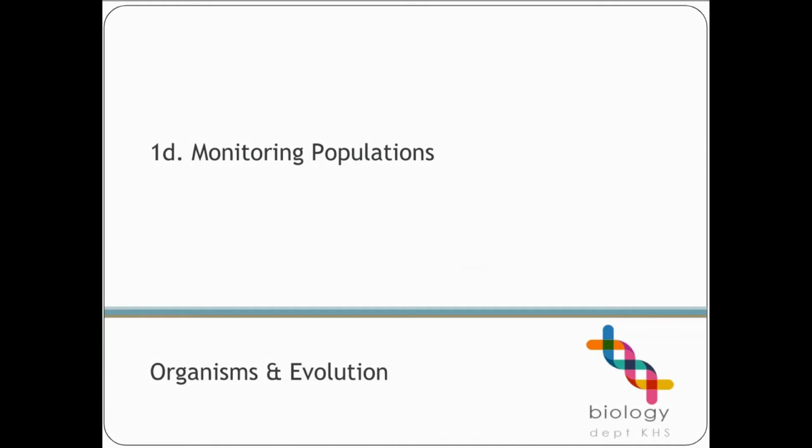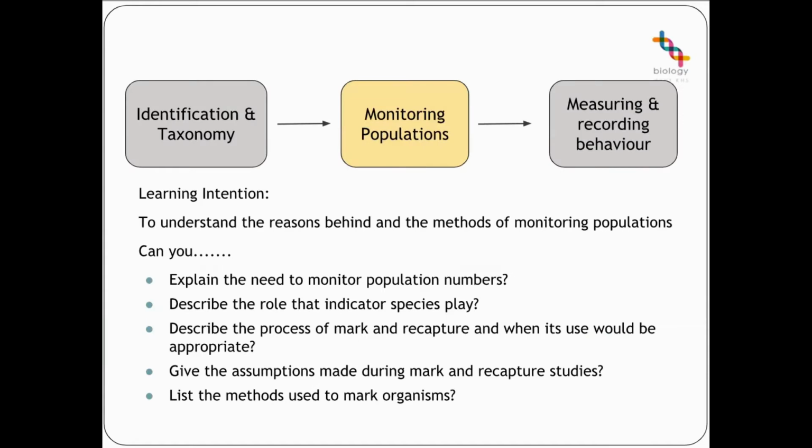Welcome to this lesson for Advanced Higher Biology. We are in Key Area 1 of Unit 2, and this lesson will be looking at how we can monitor different species populations. Prior to now, we have looked at the identification and taxonomy of species. We're going to focus now on how we monitor those populations before moving on to looking at measuring and recording